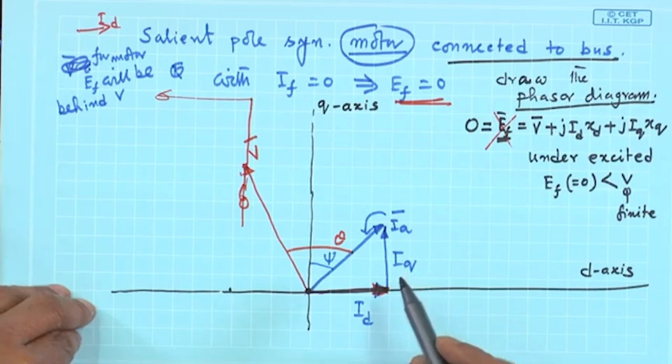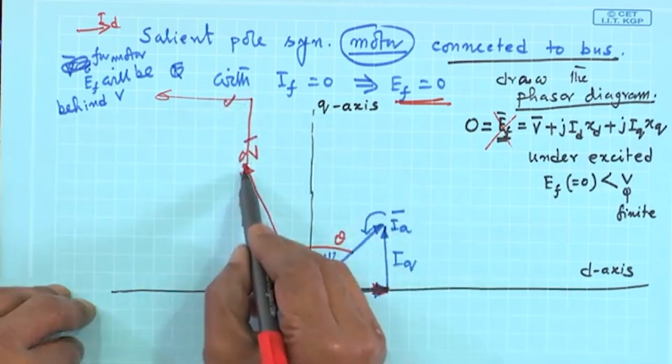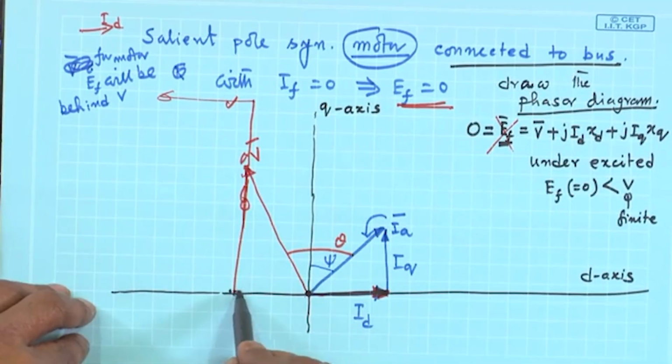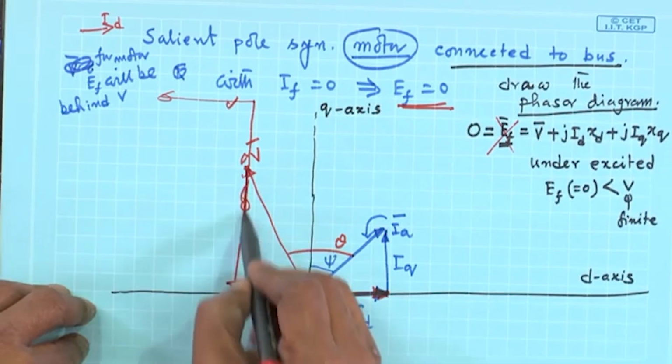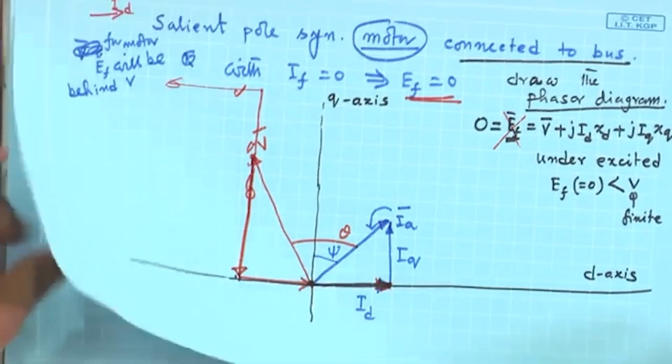So, it must be O, jIdXd and jIqXq. Is not? This will be the thing. I will redraw it nicely. See,